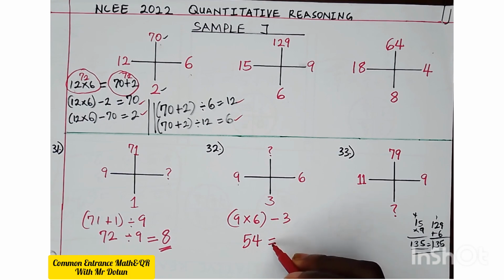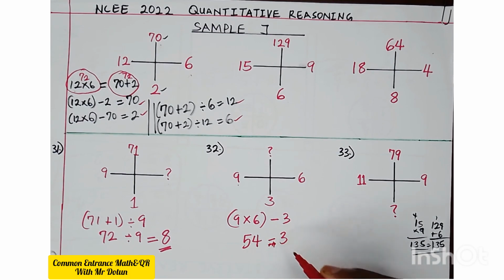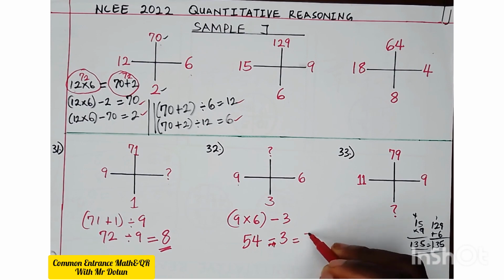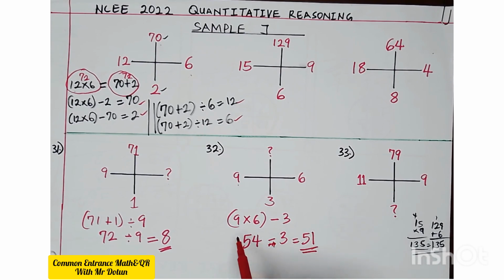Then 54 minus 3 equals 51. Alright? 9 times 6 is 54, then 54 minus 3 is 51. Then for the last one,